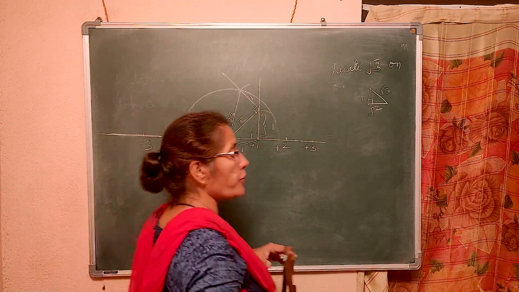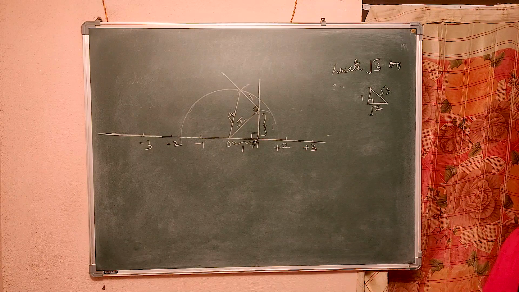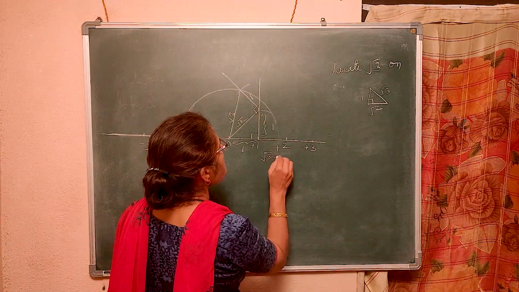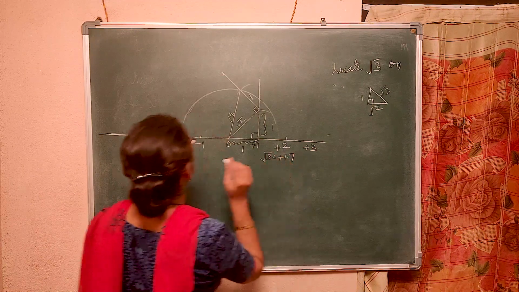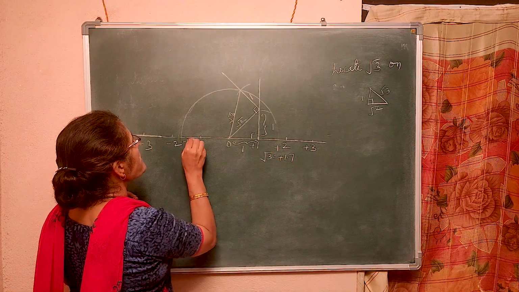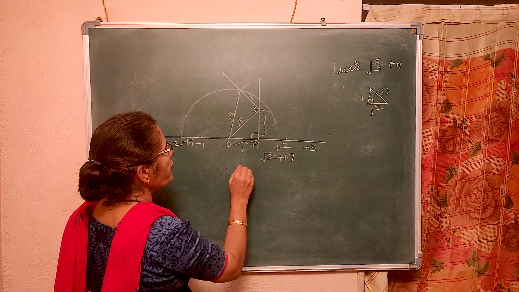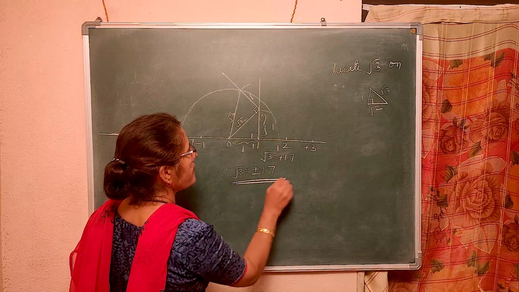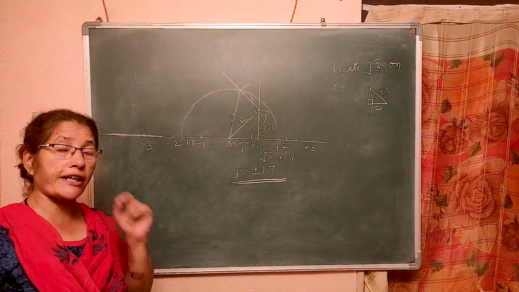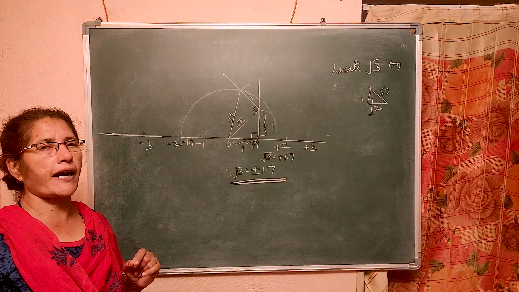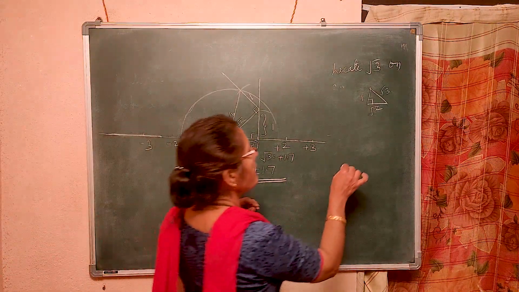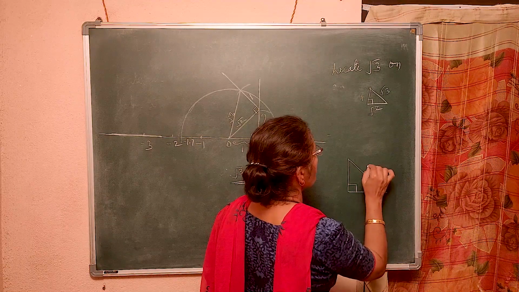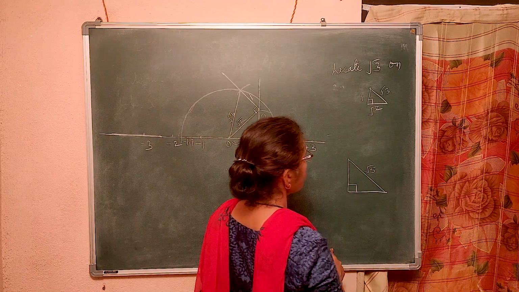So, for square root of 3, it is enough if we write plus 1.7 here, minus 1.7 here. Therefore, square root of 3 is equal to plus or minus 1.7. Like that only. Now, can you think of how to draw square root of 5? Square root of 5, let me think in a right angle triangle.